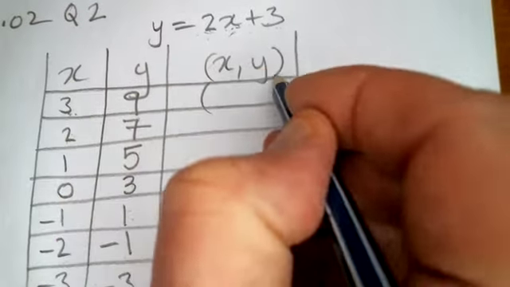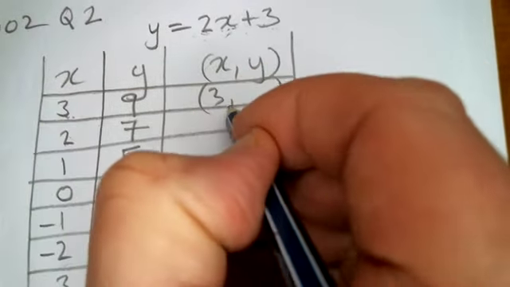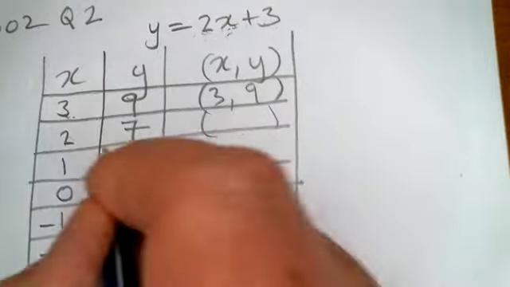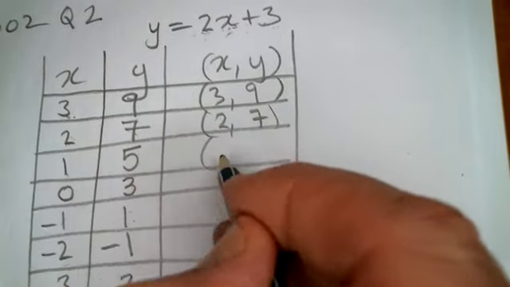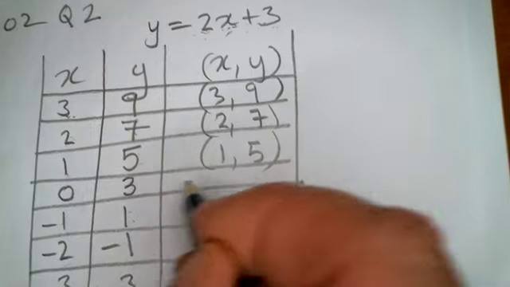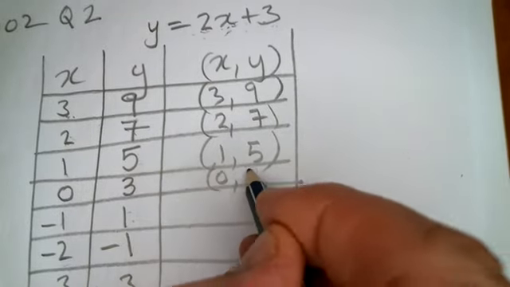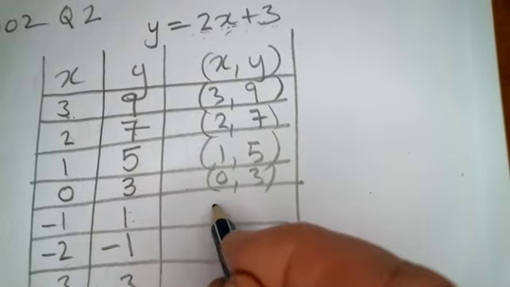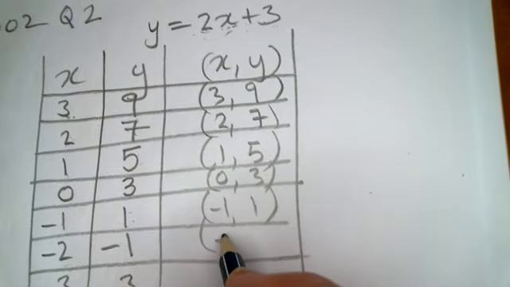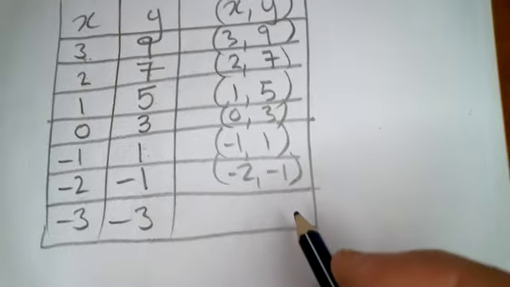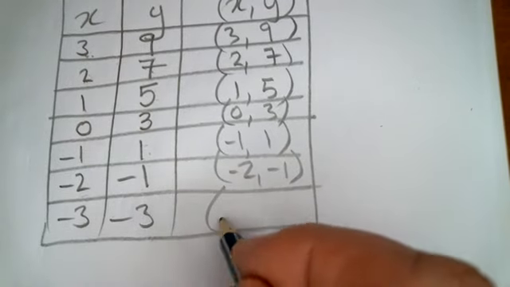But we've got some coordinates now. Let's have a look. So I've got 3, 9. I've got 2, 7. I've got 1, 5. I've got 0, 3. Negative 1, 1. And I've got negative 2, negative 1. And finally, I've got negative 3,